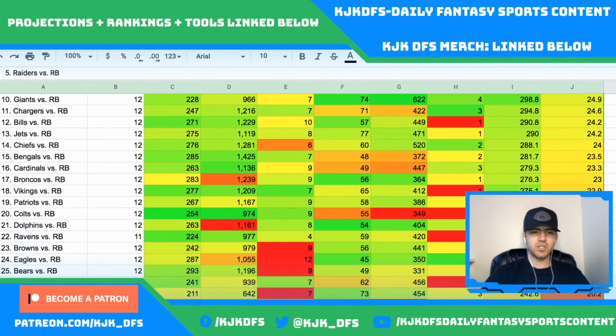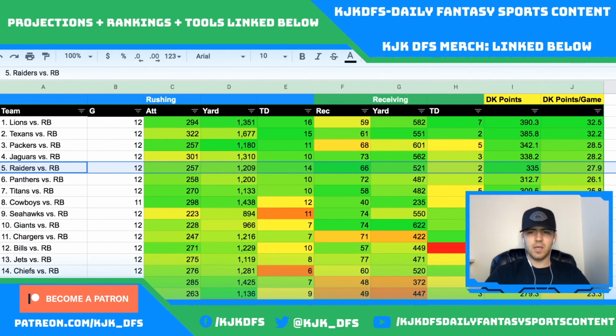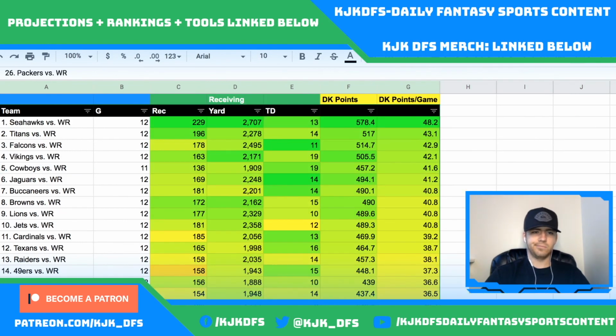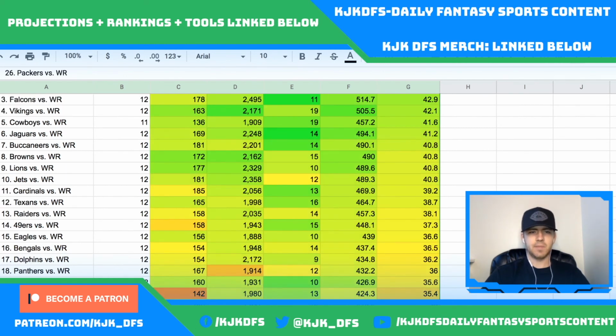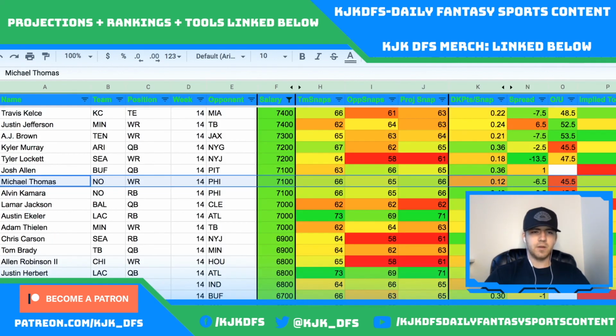it really doesn't change, and it actually gets worse. 24th best team to target in terms of running backs and wide receivers. Not looking too much better, but in respect to their run stopping ability, it is a lot better. 15th best team to target,